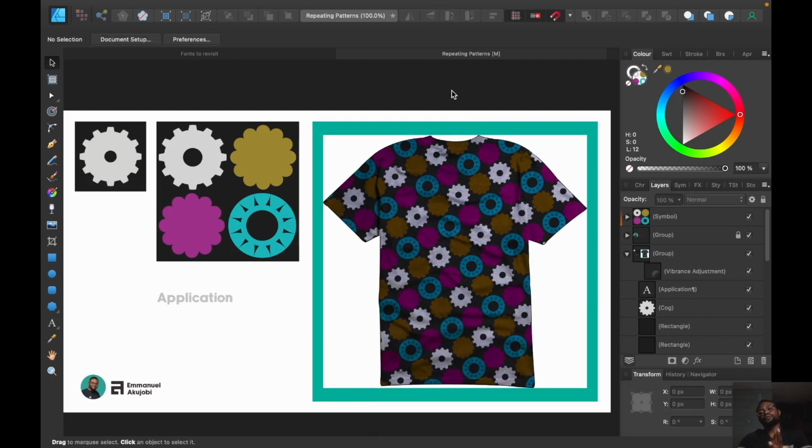Okay, so I hope I've been able to explain, and I hope you've been able to pick out something from this particular video. We've been able to create patterns, we've looked at the manual way of going about it, we've looked at the semi-manual, semi-flexible way, that is the conversion of elements to symbols. We've looked at how we can use the fill tool to create patterns in Affinity Designer and how we can apply them to t-shirts